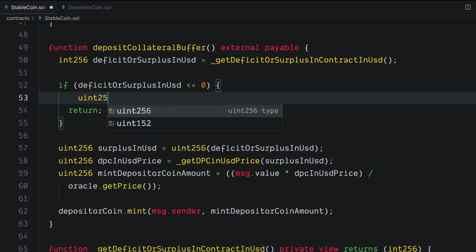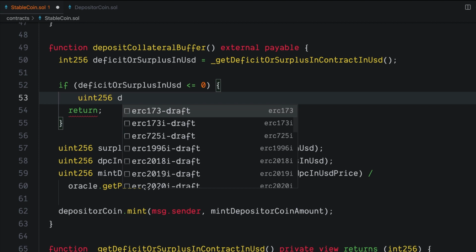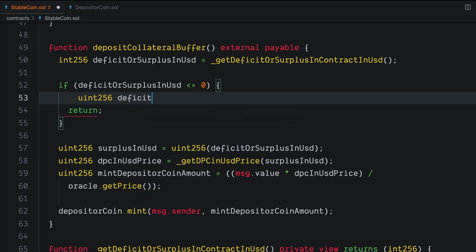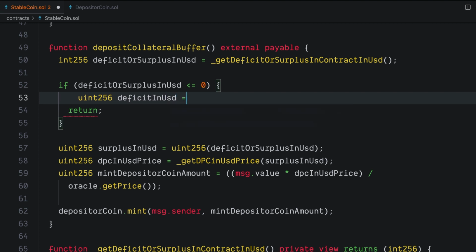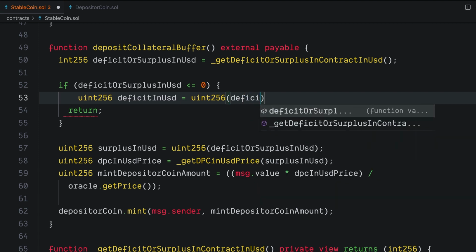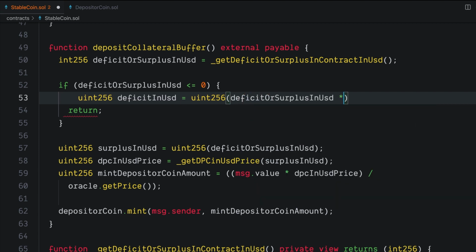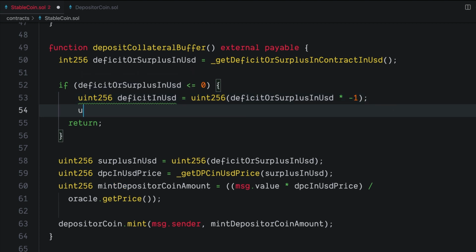Well, first of all, we can also convert this int256 into a uint256, because we know this is now basically a negative number, and it represents the deficit in USD. So what we can just do is convert it to uint256 and just multiply it with -1. Because now we know, okay, this is now a positive number, but it will represent the deficit. And we'll also need the oracle price again. So let's just get it and store it